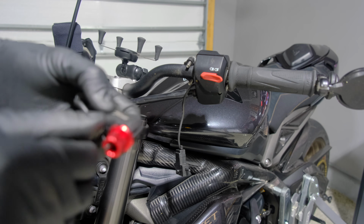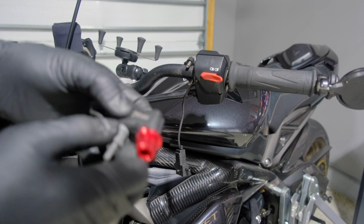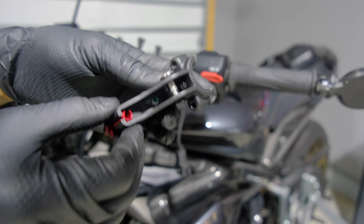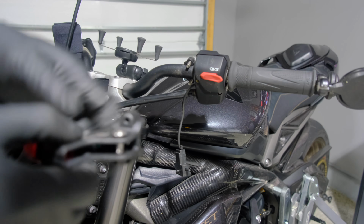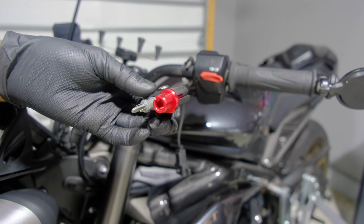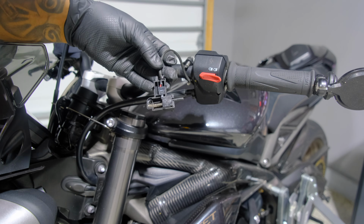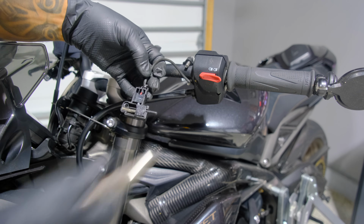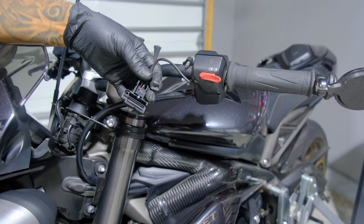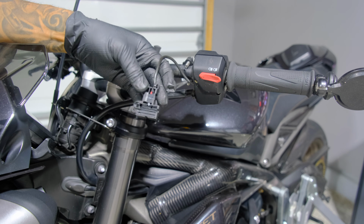So you just screw the green side in to the front of the perch like so. Then you have the green side there. And now the hard part is just cutting the harness and wiring it up. So this is what the inside of the OEM micro switch looks like. You can just take this spring off so you don't lose it. And these are the two wires, the red and black wire that attaches to the